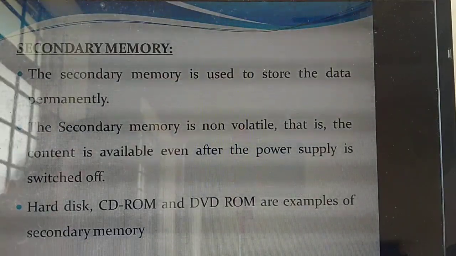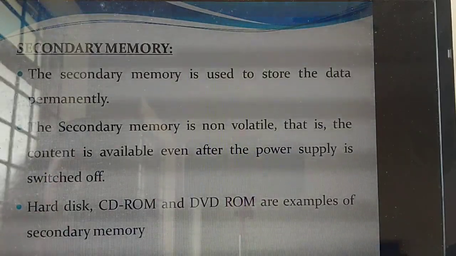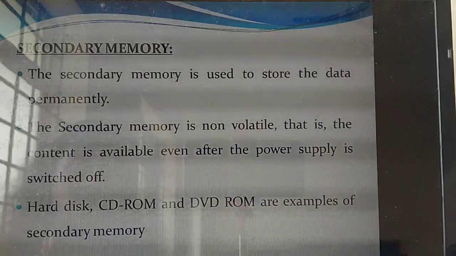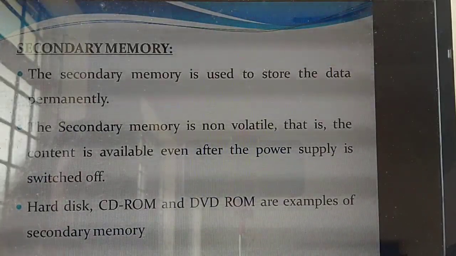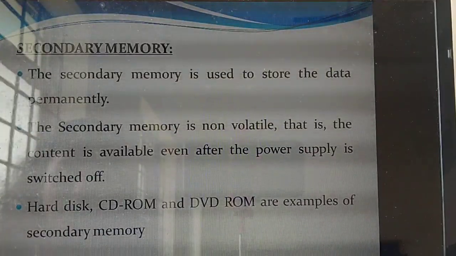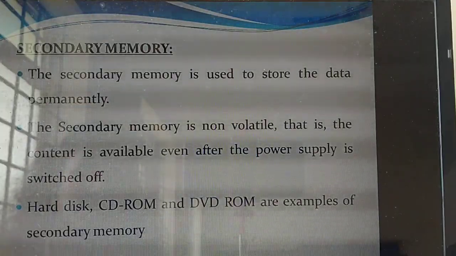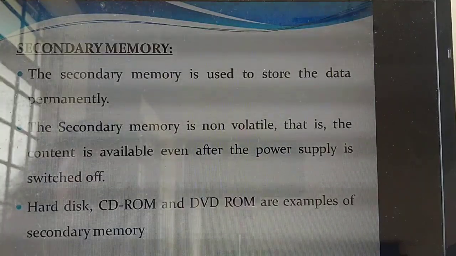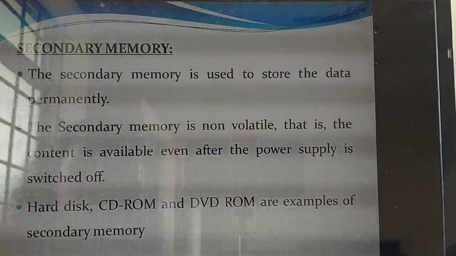Sometimes they will ask two more questions. They will ask you to explain primary memory, or define secondary memory. You need to write both. Sometimes they will ask for the differentiation between primary memory and secondary memory. What are the points you will write? Primary memory is a temporary memory. Secondary memory is a permanent memory. Then what's the second point? Primary memory is a volatile memory. Please note this down, it is useful for you. This differentiation is not given in your textbook, so please note it down.